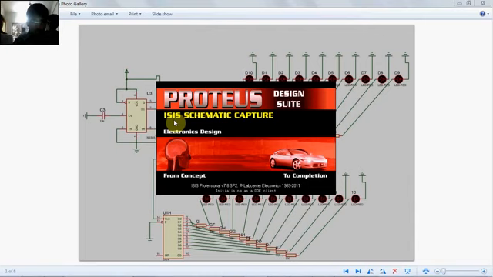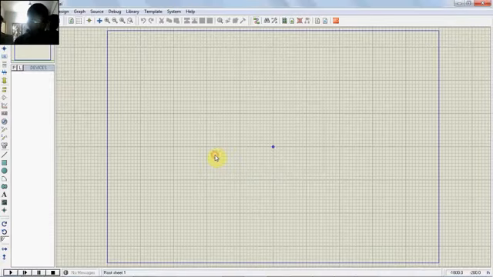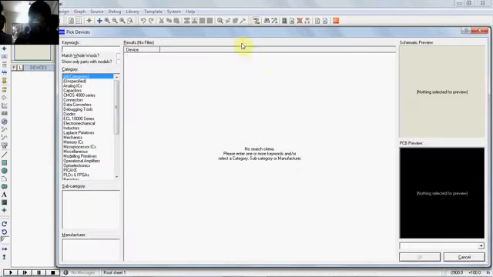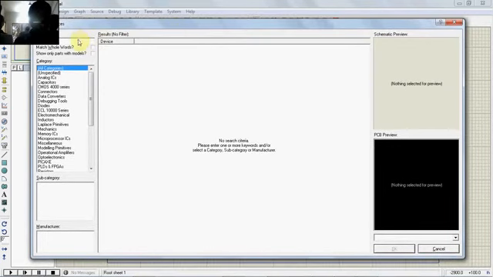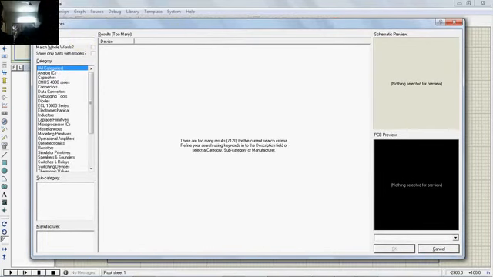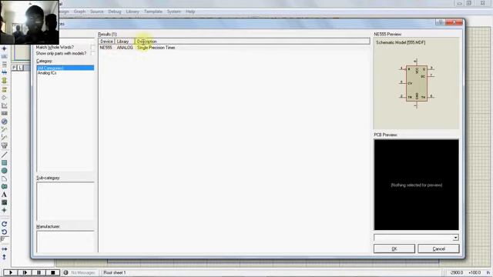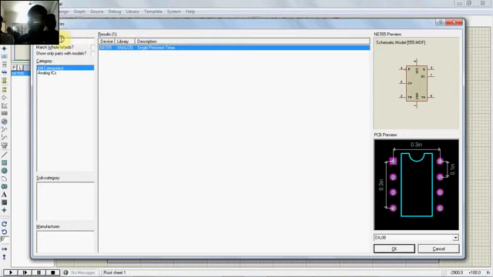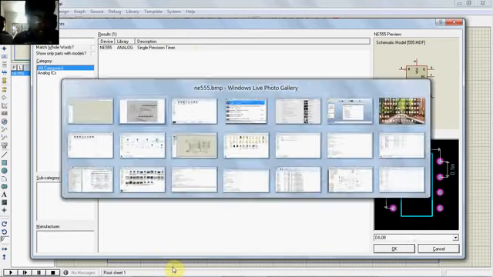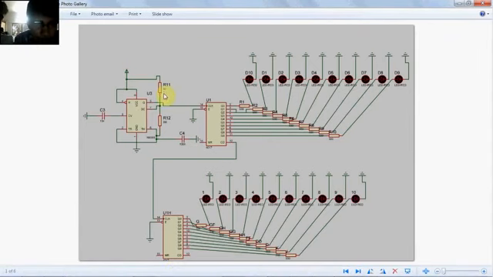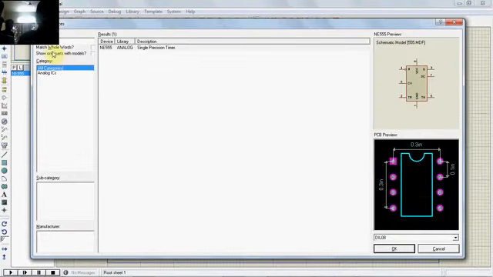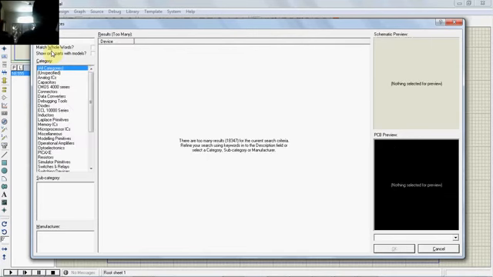Okay, now press P, it's a shortcut to open pick devices, and write NE555. Now I got the device, just double click it. Now I need to set the resistance. 2 mega ohm. Anyway, another resistor is there. You just write resistor. You will get another type of resistor. You can manually write whatever resistance you need.